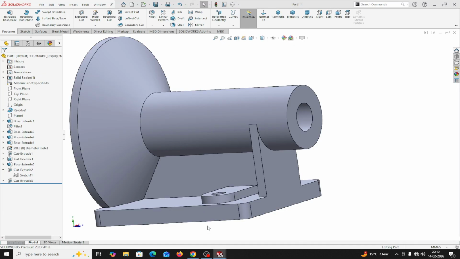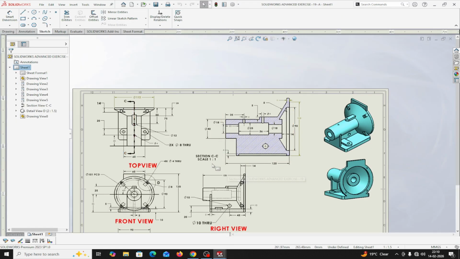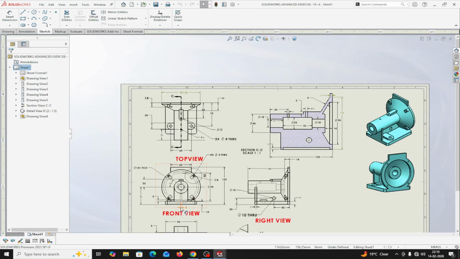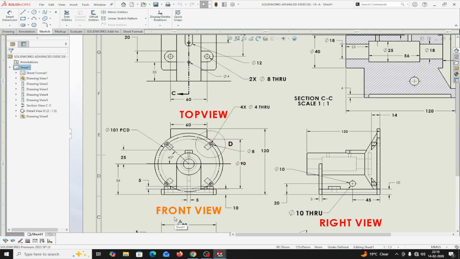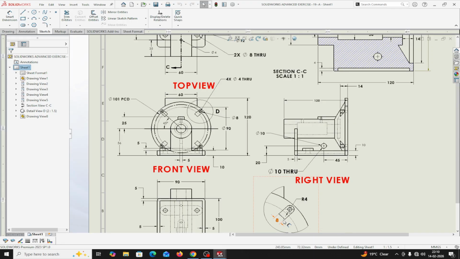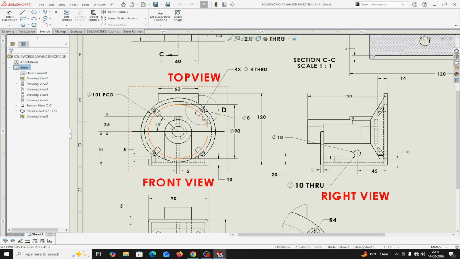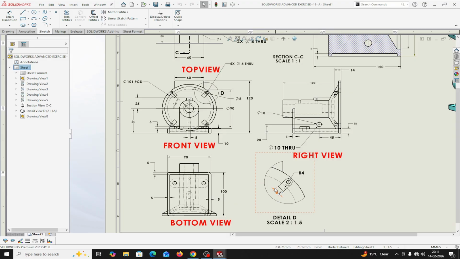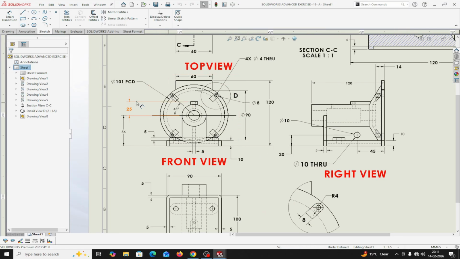Now, if you see the drawing, if I make this portion in the front view, the detail view is this one. 8 mm is the dia of this, and the hole is 4 mm. I will make the hole with the help of the hole wizard. First I will create this profile. Detail view is this one, 8 mm and at